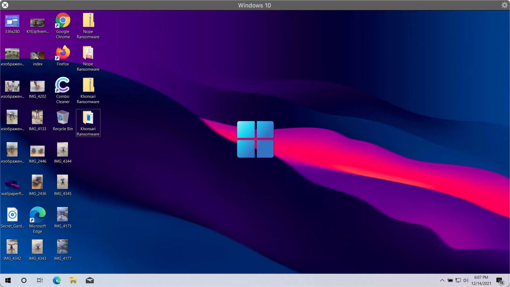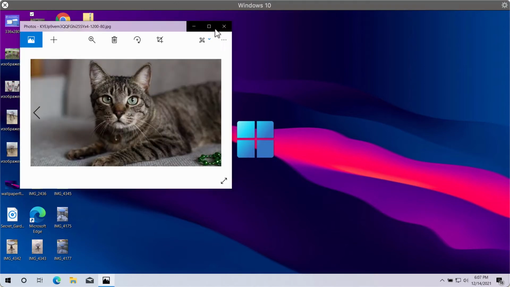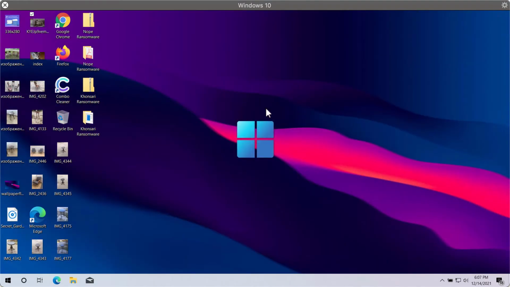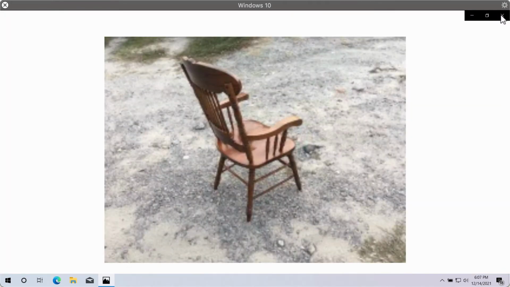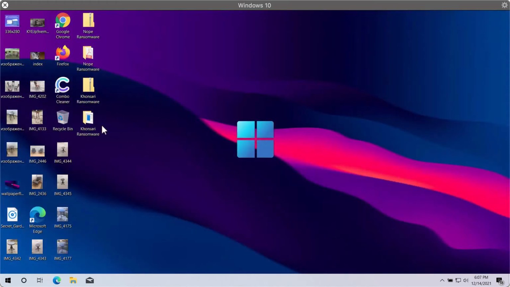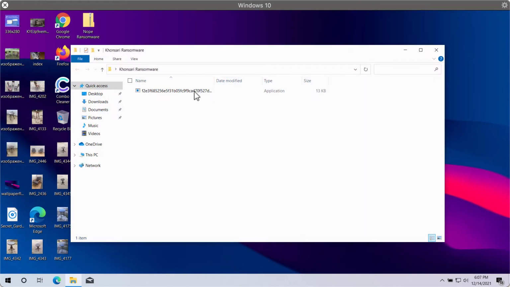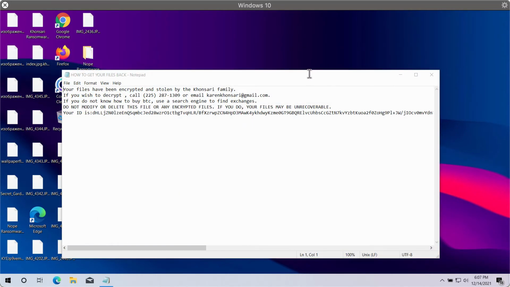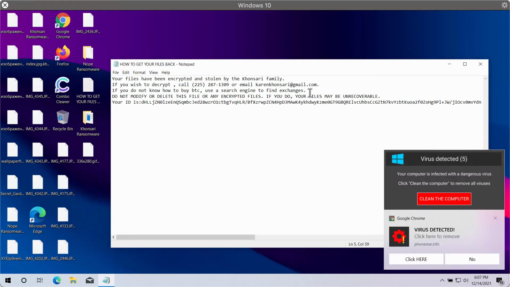But paying the ransom does not guarantee that the files will be restored. Before the ransomware attacks these files, people are able to open them without any complications. They can open pictures, music, Microsoft Office documents, and other data. However, it might happen that because of certain vulnerabilities in the security of the specific computer, the ransomware may be injected into the system. Then people notice that their files are encrypted, and this special Khonsari extension has been added